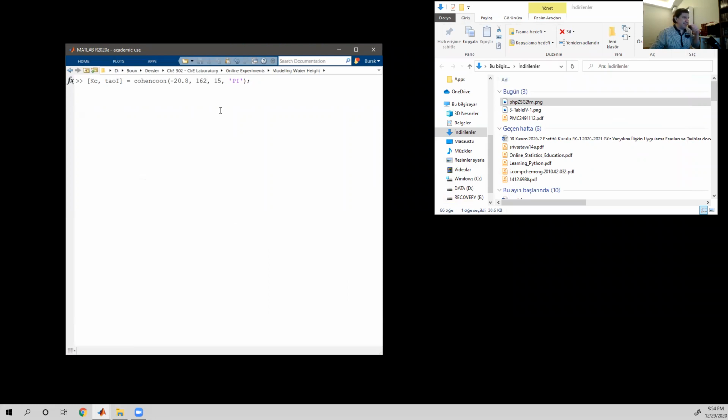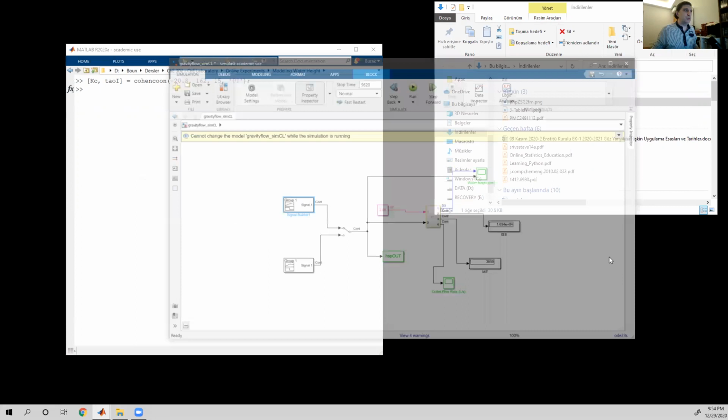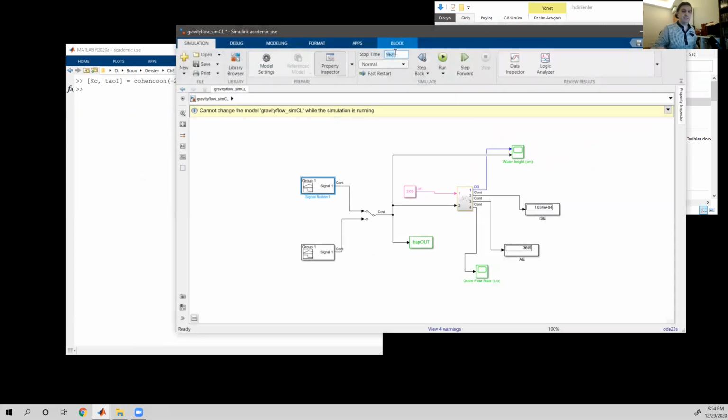For that one, I have obtained these models and parameters, and I'm not going to show these parameters to you. From now on, I'm not going to be showing the changes that I apply to the parameters, but I'll talk about what I'm going to show you and what I'm not. So I feed these parameters. Now the Kc and tau I values are calculated, and MATLAB will do the simulation. Let's say I'm going to run the system again for 600 seconds. Maybe 600 is a bit too much. Let it be 400. All right. So if everything is fine,